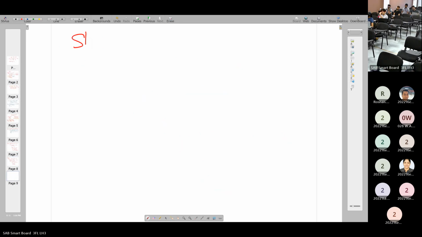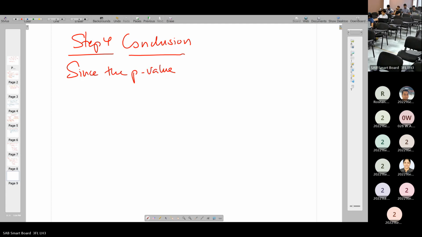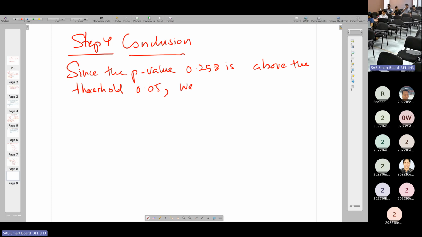Step 4, conclusion. You could write: since the p value 0.258 is above the threshold, the limit, 0.05, we cannot reject the null hypothesis. We cannot reject. This means